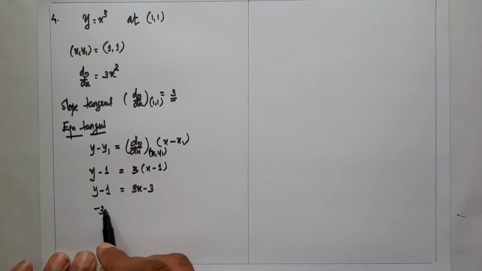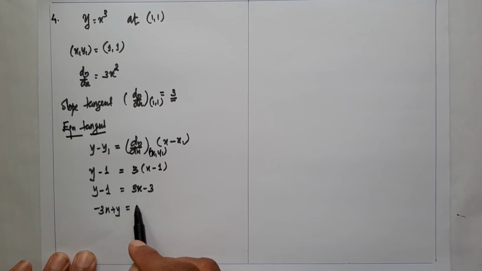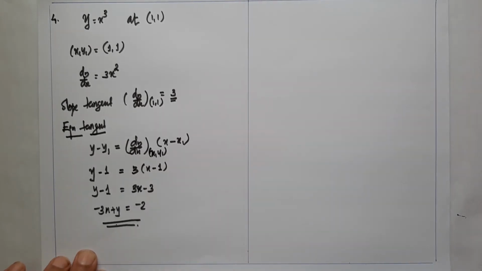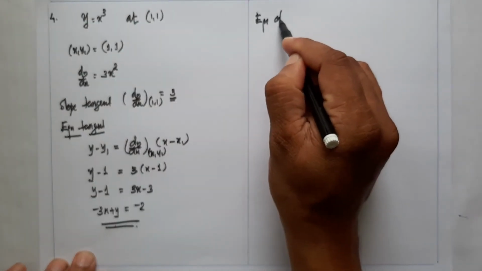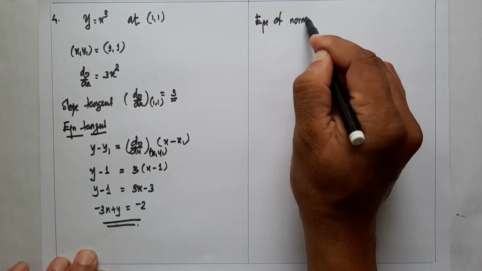That is minus 3x plus y is equal to minus 3 plus 1, that is minus 2. That is the equation of tangent. Now we find the equation of normal. Equation of normal,